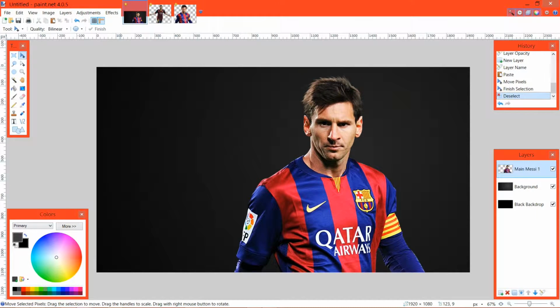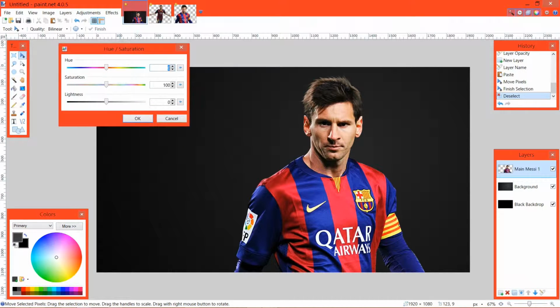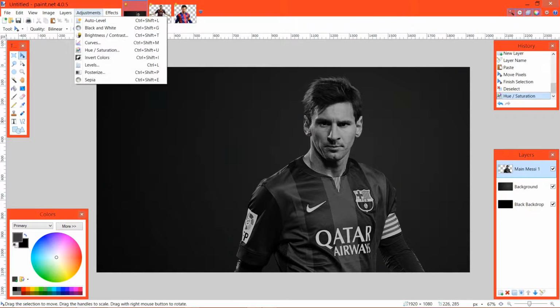But now what we need to do is add some basic color correction. So let's go into hue and saturation first off. Let's change the saturation all the way down, and the lightness to be about here. Now the hue won't matter, so let's just leave it at that. And then adjustments,